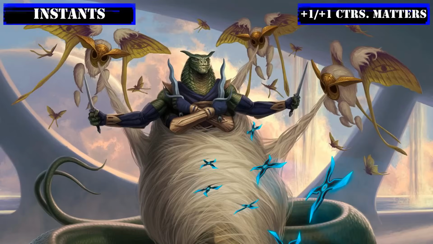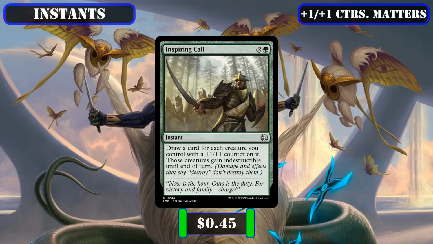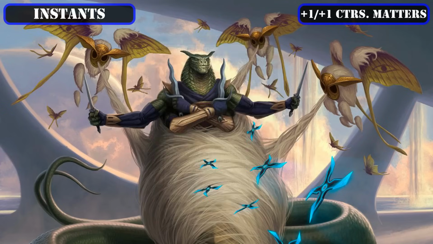As the only 2 direct +1/+1 counter support cards we'll be running in this category, we have Inspiring Call, which is pulling double duty in this build as both another way to protect all our creatures with +1/+1 counters on them from removal via making them indestructible, and as a way for us to draw a card for each of them as well, allowing us to ride out most wipes and reloading our hands in the process, and Silk